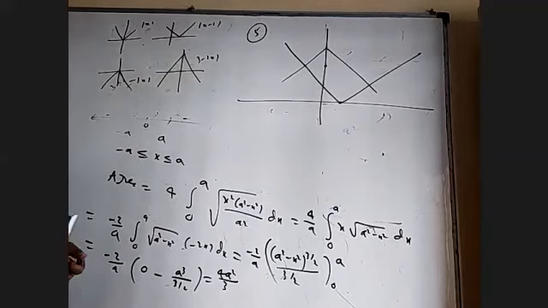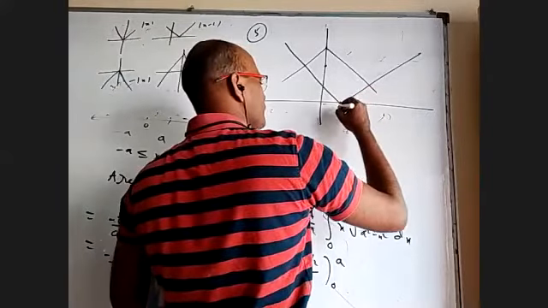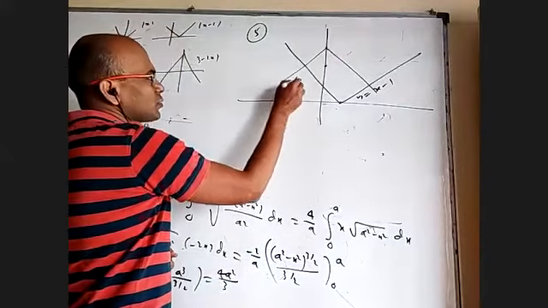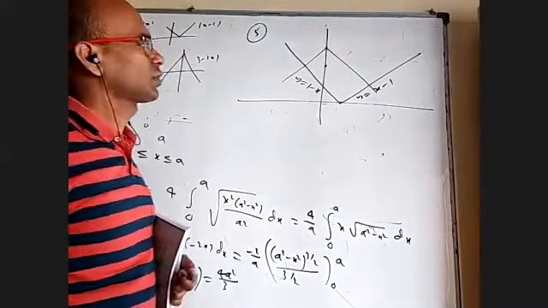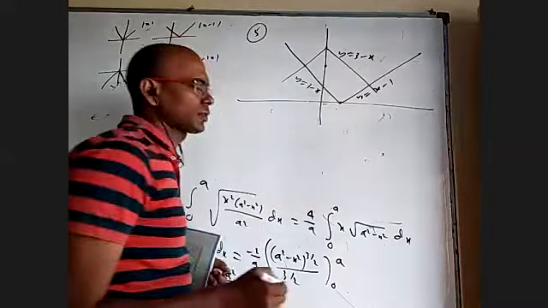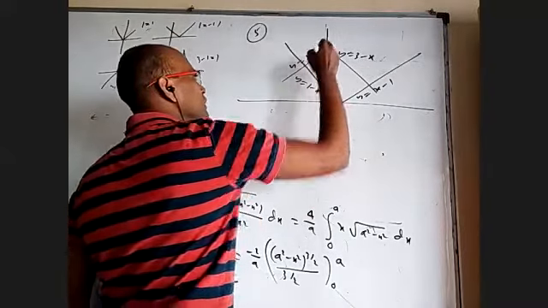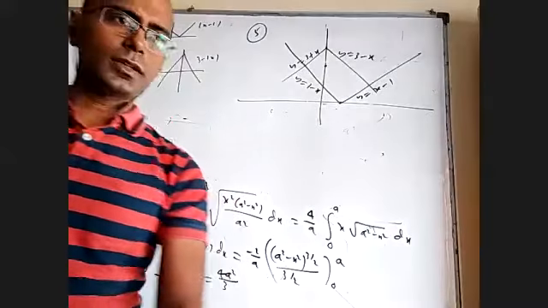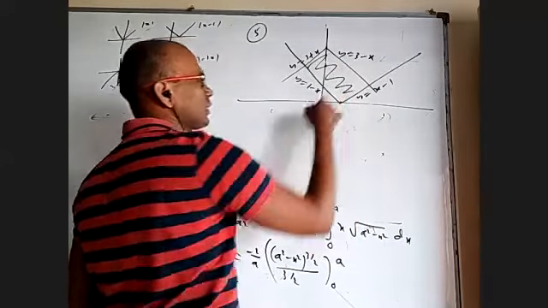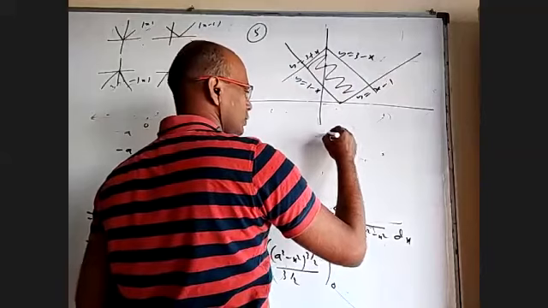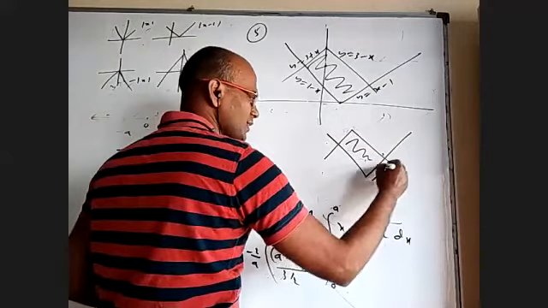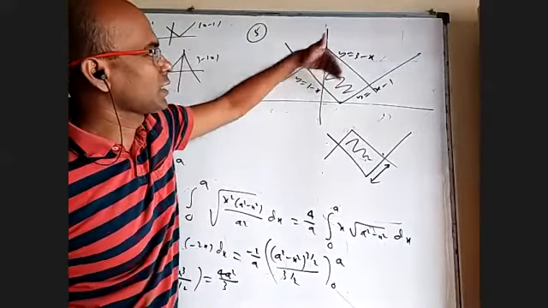Now we want the area between, that is this figure. But mod x minus 1, if you separate it, this alone will be y equal to x minus 1. This one will be y equal to 1 minus x when x is less than 1. What about 3 minus mod x? This will be y equal to 3 minus x, and this will be y equal to 3 plus x. You can see this is actually a rectangle. Our figure, that is the area bounded by them, don't worry about the x and y axis. We have lines like this and like this, that's all we want, this area. What is this width? The distance between this parallel line and this parallel line.